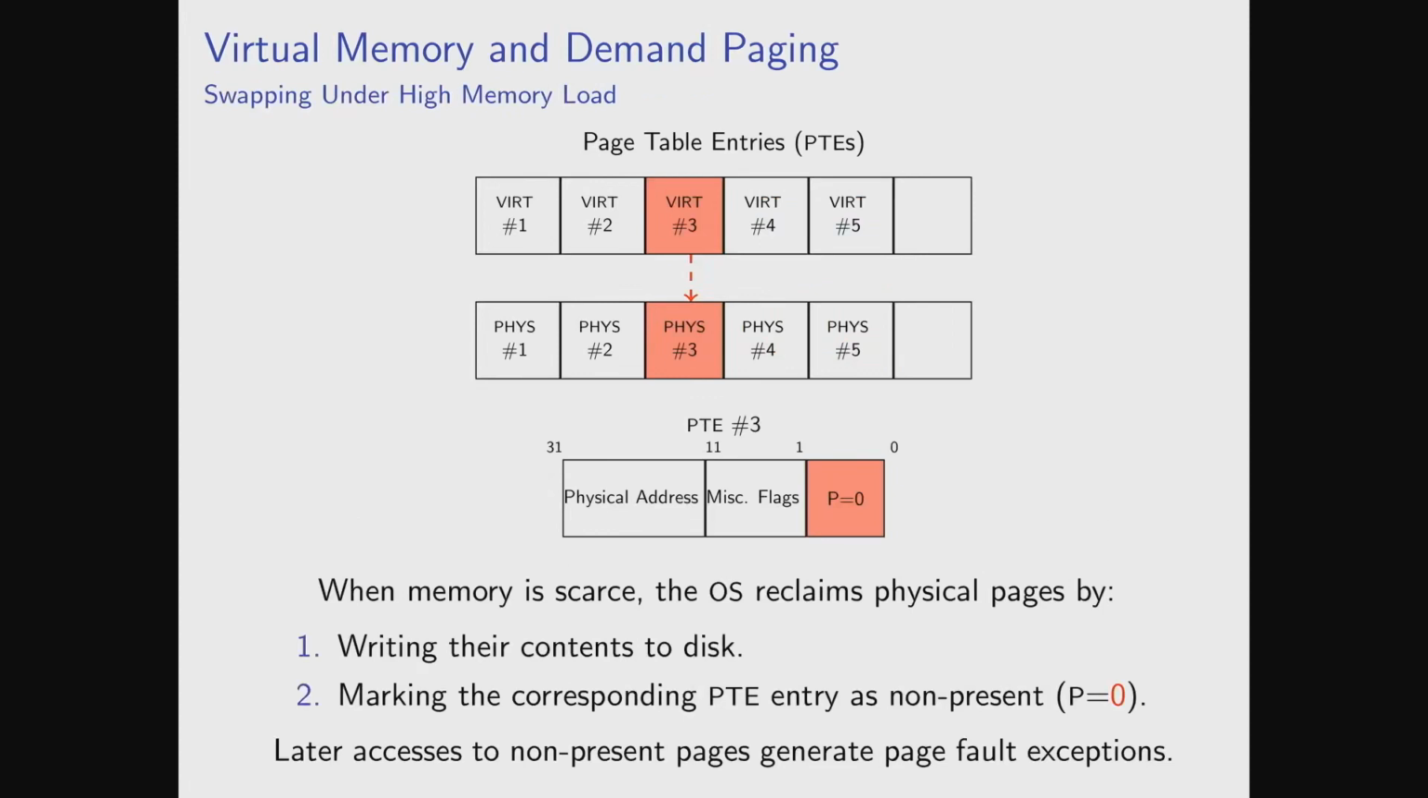At some point, if the process starts running out of memory, then the operating system can go around and start reclaiming memory. So this makes use of the present flag at the bottom of the page table entry for that corresponding virtual to physical mapping. So the operating system just writes that copy of that physical page to disk, sets the present bit to 0 in the page table entry,